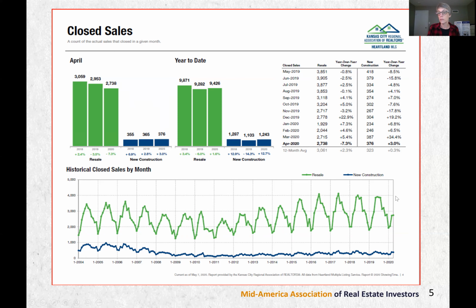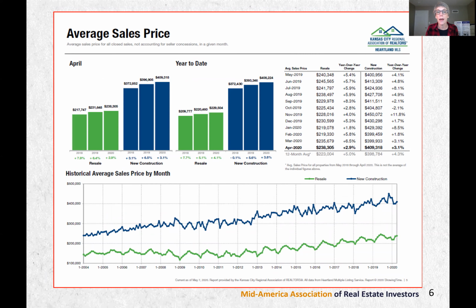And so closed sales really haven't changed much. I know we had a little blip, and we'll look at that in another chart further down. We had a little blip in the past 30 to 45 days, but we recovered, because this number really should be just a little bit higher, but we did have a blip. So we'll look at that.